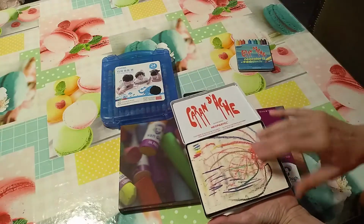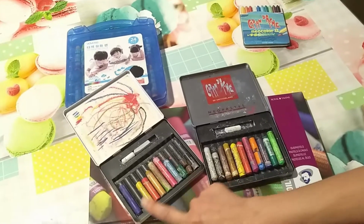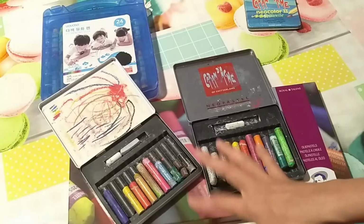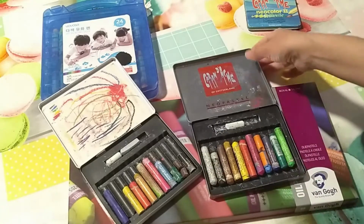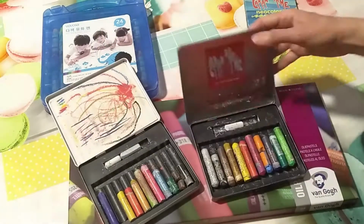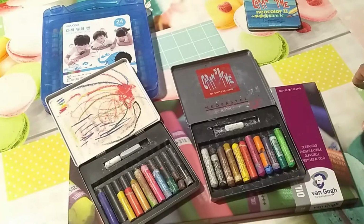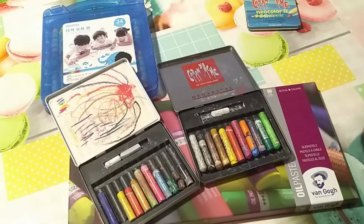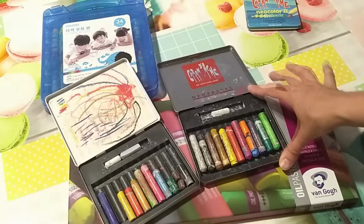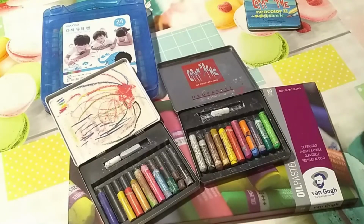It's a 12 color set. This one is the oldest, so I don't have all the colors. So I bought this one. They're exactly the same, only the boxes are different. And over the years I've been using these just like wax pencils, only softer, which is a characteristic that I loved about them, but I didn't know how to use them to make an oil painting, and that's what